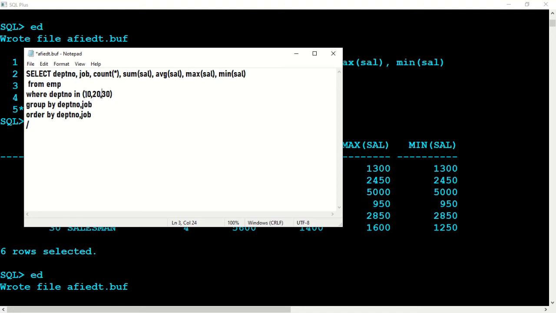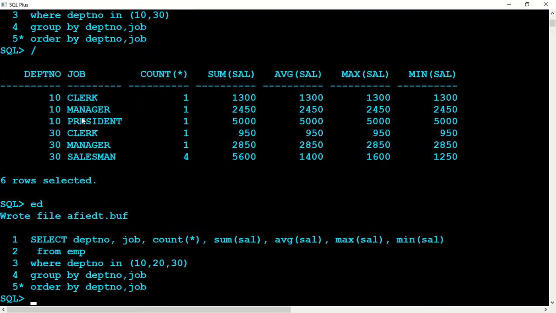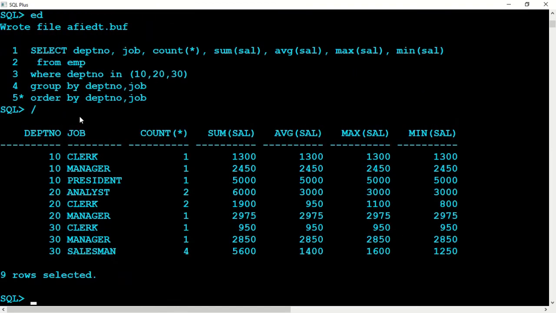All the records of all the departments will be fetched, and thereafter will be grouped department wise and ordered, and we'll get the sum of salary and everything. So we'll save it and I'll say slash. Now we'll get the same output: 10, 20 and 30. If we remove this where clause also, we'll still get it, because we have only 10, 20 and 30 as the departments.